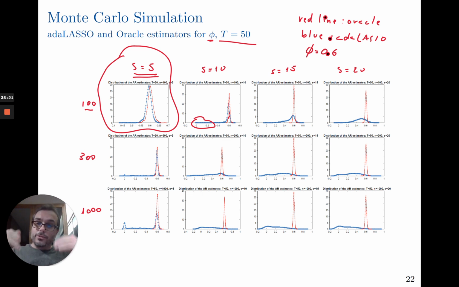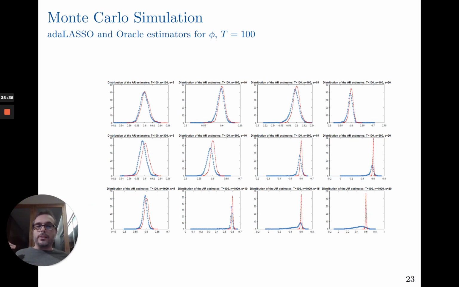Now I'm going to show you other pictures with the same structure, but I'm going to increase the value of t. Okay, so we are going to increase the number of observations. Then it's for 100. Oh, it's much better here and here, right? So basically here we have the same number of observations and variables. So it's 100 to 100. So right on spot. For 300 over 100, the point mass in 0 vanishes at least in the 2 cases,